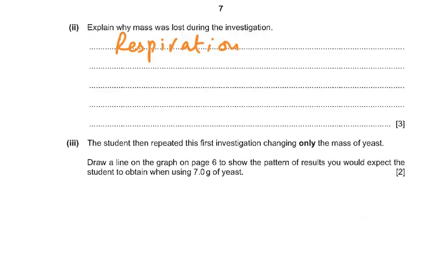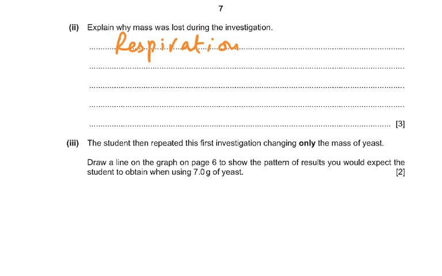Explain why the mass was lost during this investigation. Why would you lose mass if you were not eating anything for 3, 4, 5 days? Well, what is happening is that the glucose in your body is being used up. That is being respired to release energy. That glucose has some mass, and that's being used up, and we are exhaling the carbon in the form of carbon dioxide. So the carbon which was part of the glucose molecule is now part of the carbon dioxide molecule